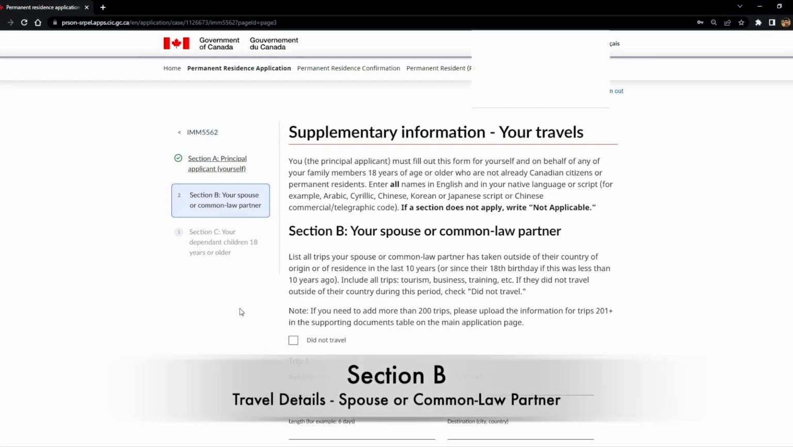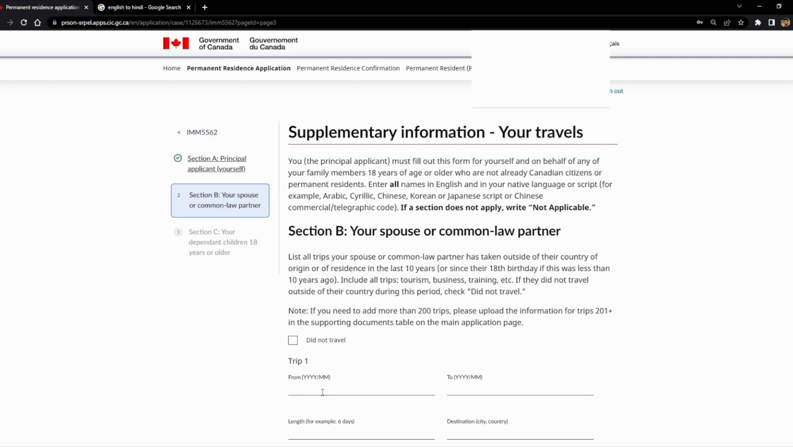Section B is for the travel details of your spouse or common law partner. So here I will fill my travel details. My first international trip was when I came to Canada to become a PR. So I will write those dates. So let's say year 2020-03. From and to would be 2021-04, because I stayed in Canada for these many months in a stretch, and these are just random dates. The length I would say 13 months,